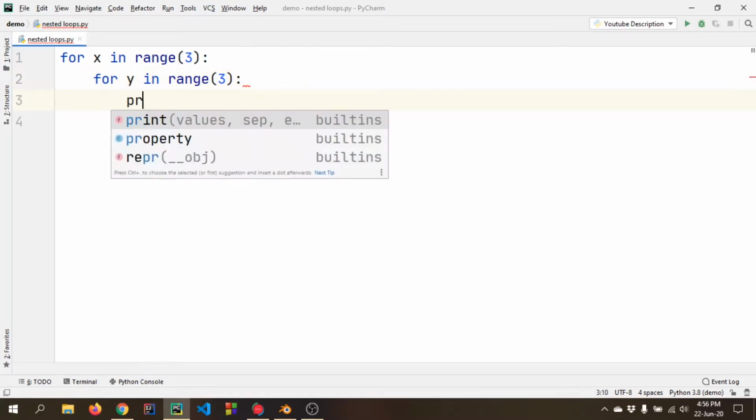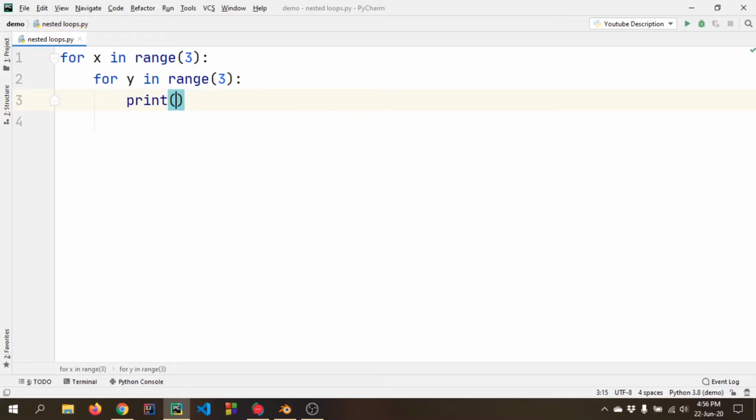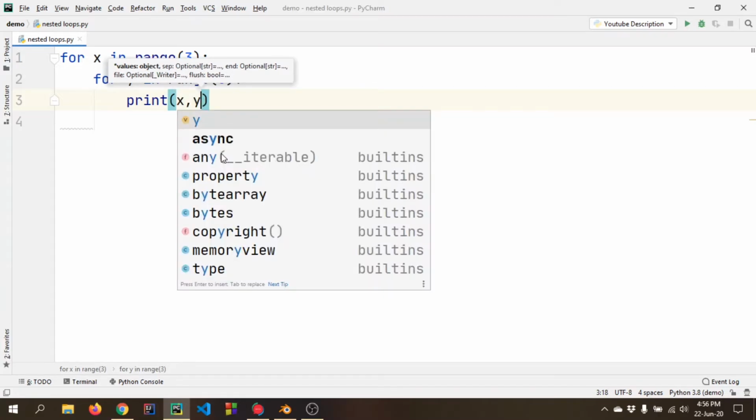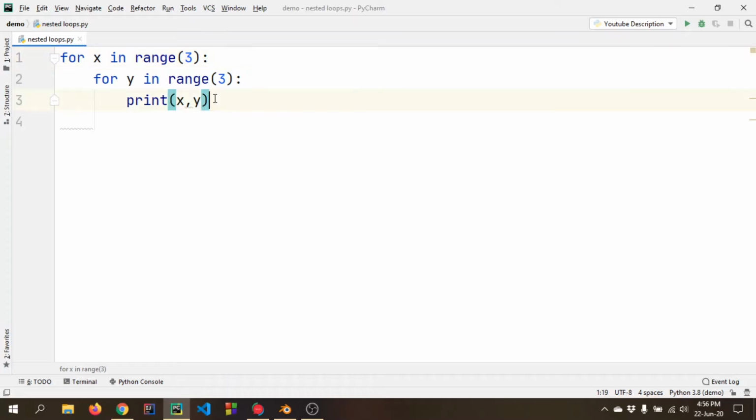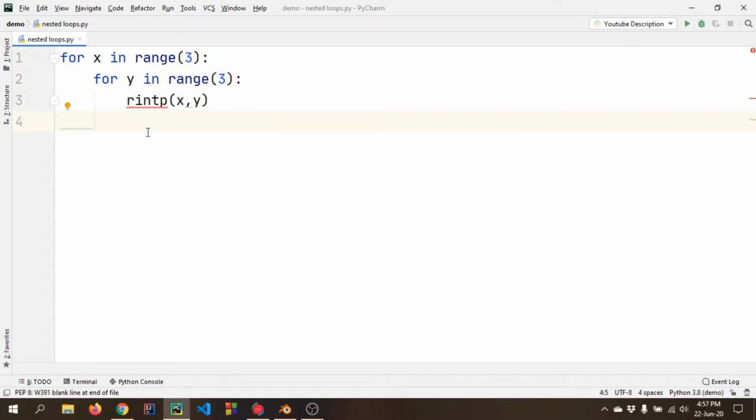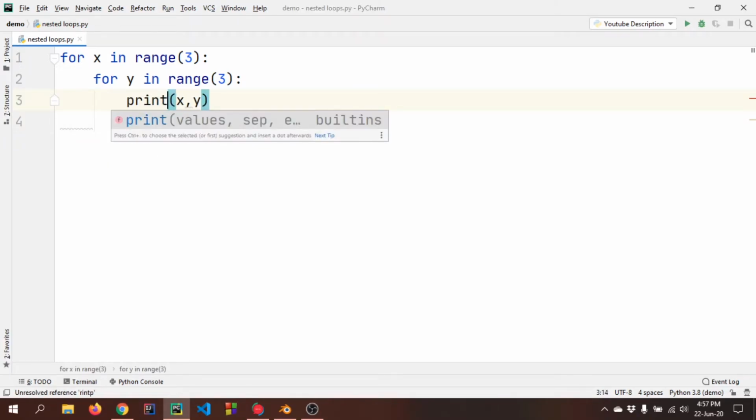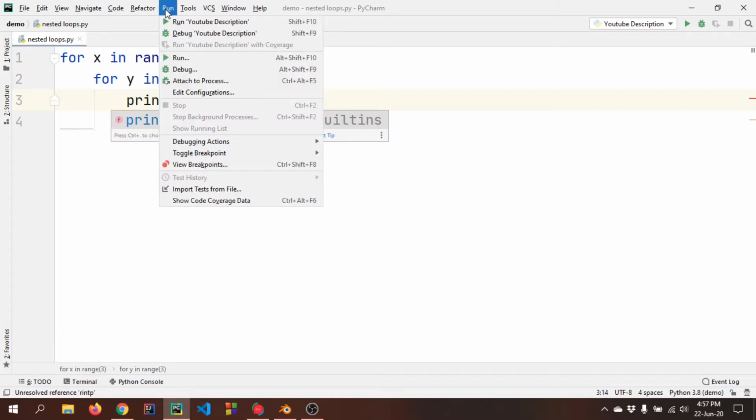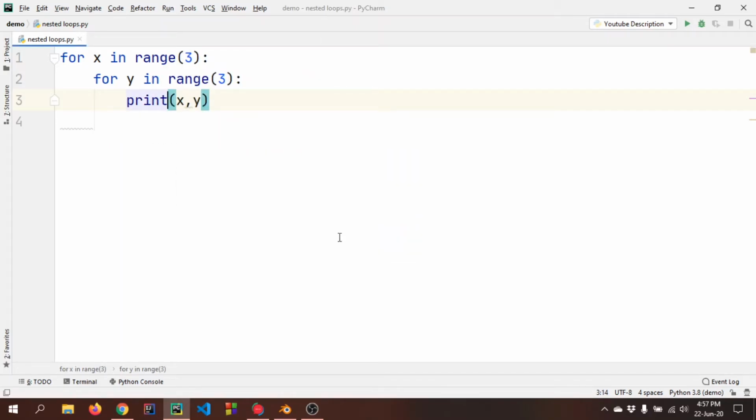Inside this we will give our print. What will we print here? We will print x and y. So x in range 3 and y in range 3, and we will print this. This print statement is inside this for loop, and this whole for loop is inside this for loop. So if we run this, I have made a mistake with print. Okay, now if I run this, go to run nested loops,